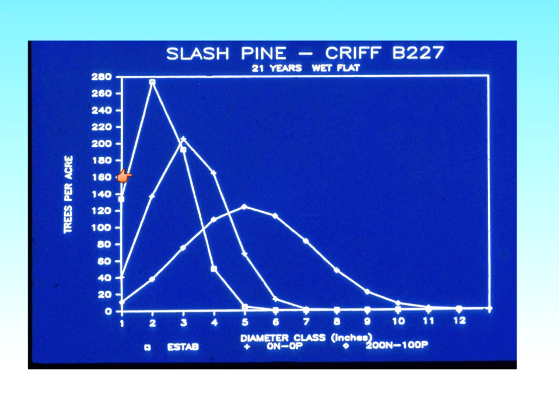So the typical bell-shaped diameter distribution for an even-aged slash pine stand. This graph shows you what the control plot did some years later, 5 years later. And naturally, we'd expect that diameter distribution to shift to the right. The fertilized stand that received the N+P shifted that diameter distribution even further to the right, producing larger size